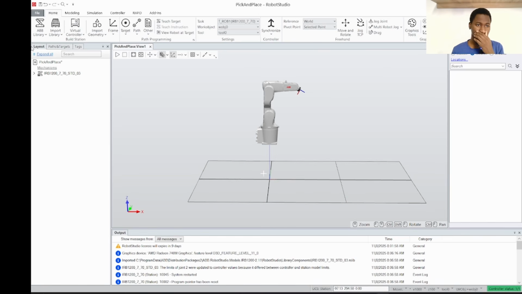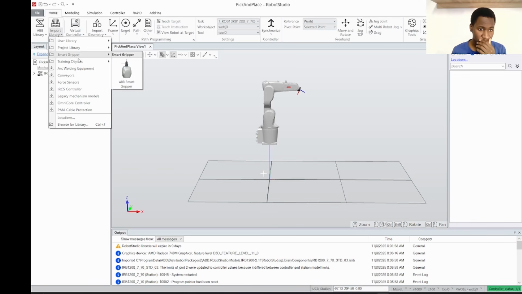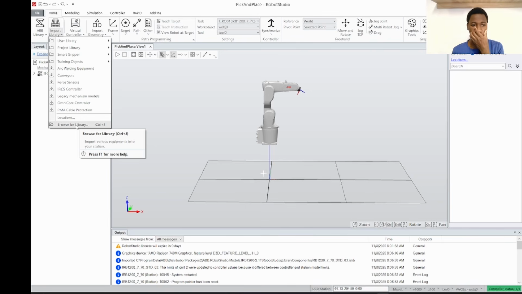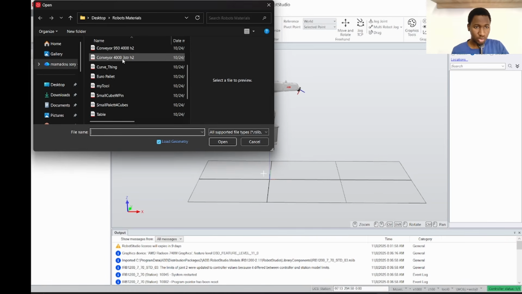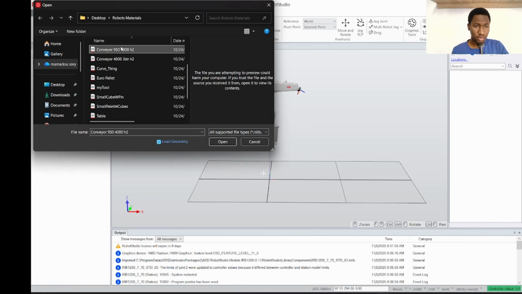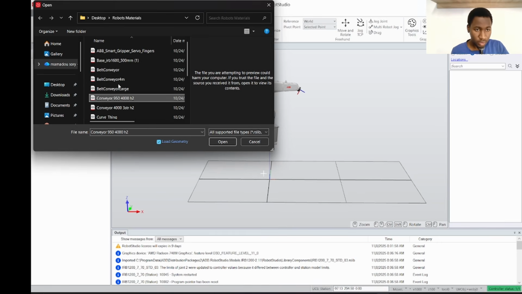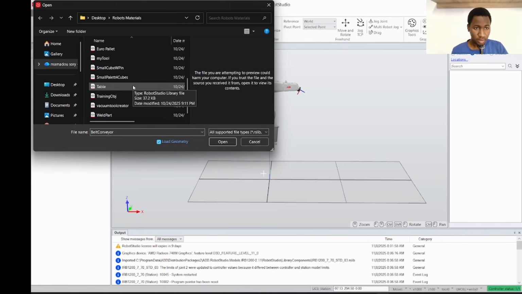so now I need some components. So I will go to import libraries. I will put a link into the description where you can download these libraries and then you can upload them into your station. So browse to libraries, and then I need two conveyors: the belt conveyor here, this one, and the table. I need those two,